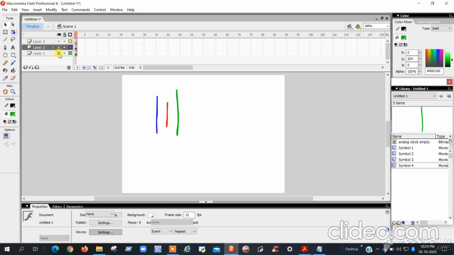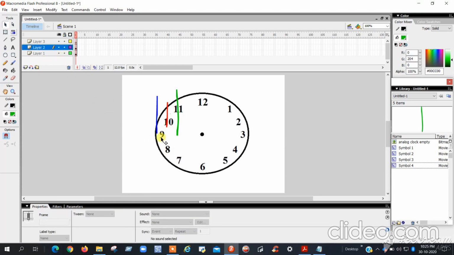Now open layer 1 to show the clock. You have to make sure all the lines are placed on the 12 like this. All the symbols you can drag onto the 12 like this.